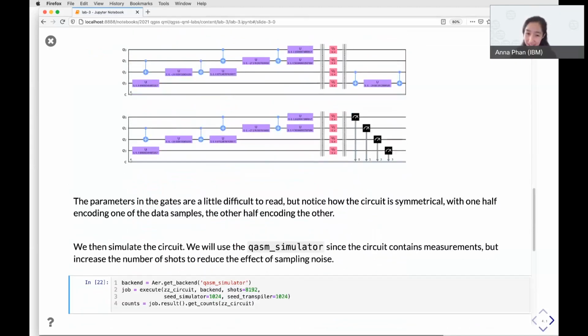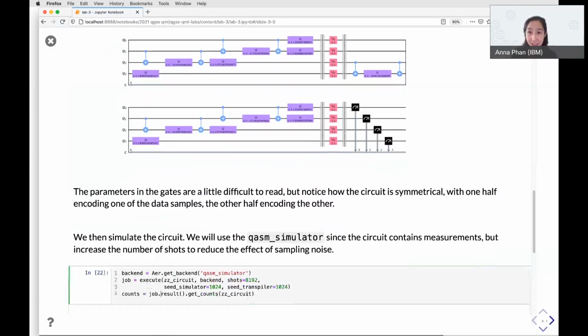So now we're going to simulate the circuit. We're going to be using the QASM simulator since the circuit contains measurements, but we're going to increase the number of shots to reduce the effective sampling noise. So here we define our backend, we're going to execute that job and then grab the counts from the result object.